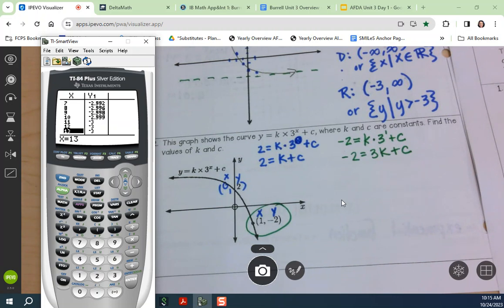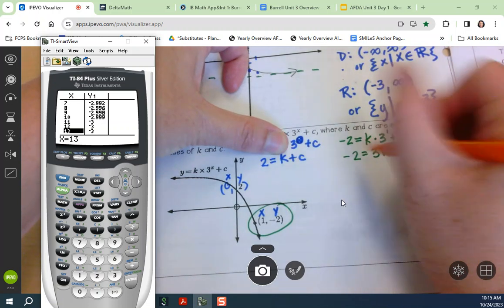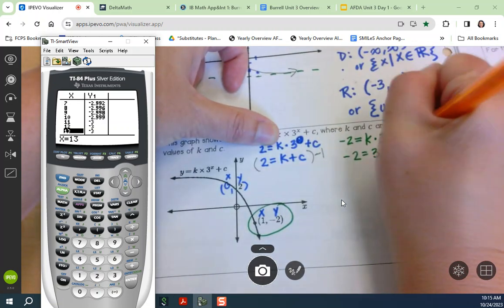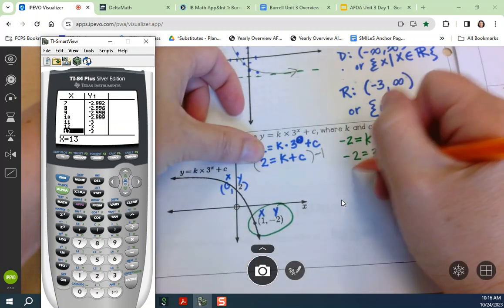If you know how to solve this system by hand, you can go ahead and solve it by hand. If you want to solve it on the calculator, you got to replace k and c with x and y to solve. I'm going to do both of those for you. I'm going to solve it by hand first. So I want to multiply this one by -1 so that I can cancel out my c's when I combine it with this one. So that would give me -2